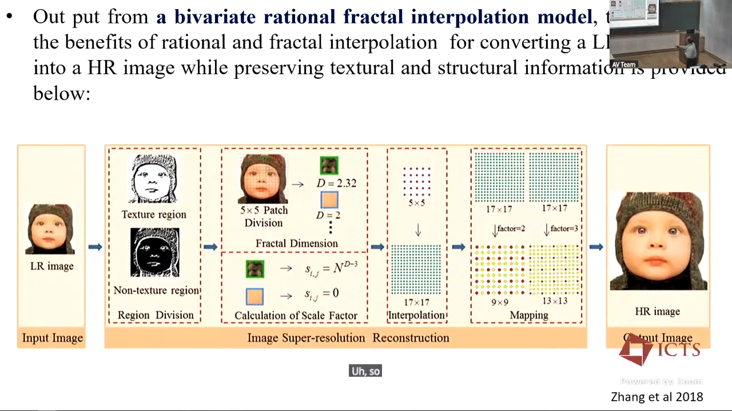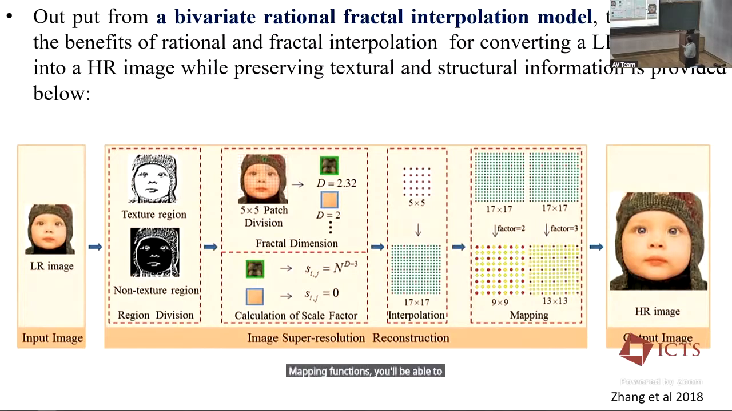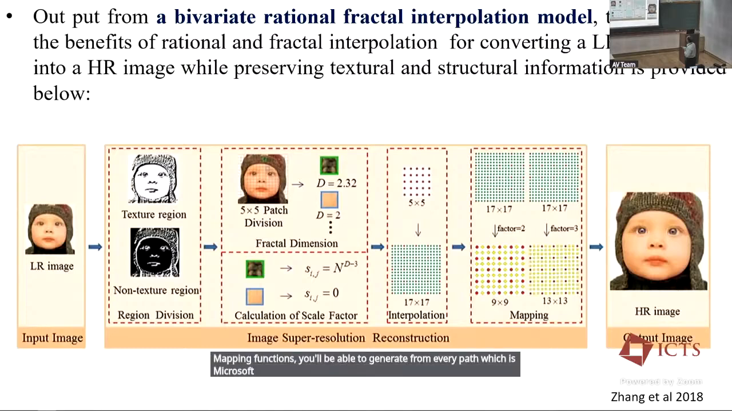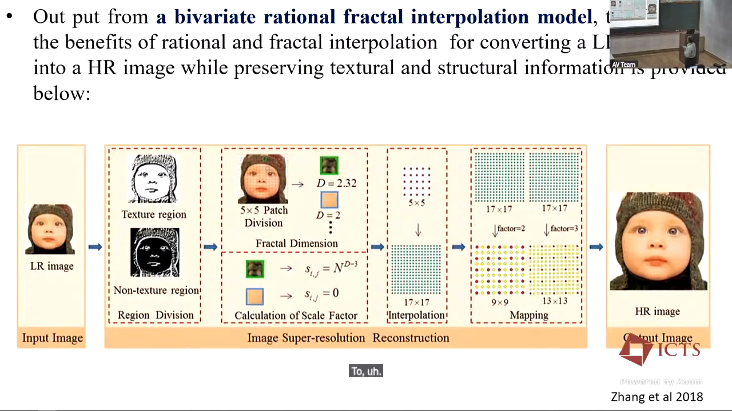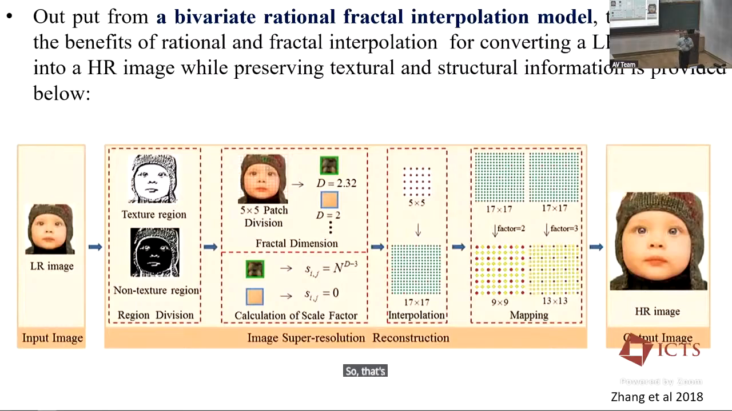So the original image, all along when you do this, carry this information through your mapping functions. You'll be able to generate from every patch which is 5x5, which has been taken to 17x17, and all the patches are now worked upon, and they will give a high resolution image. So that's a quick look at